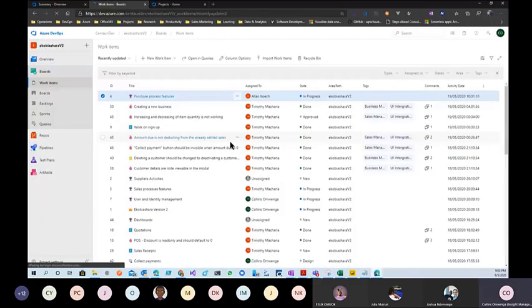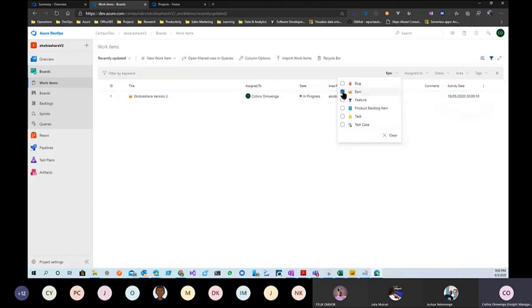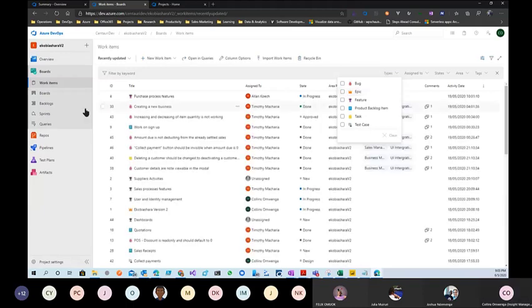Okay, so where was it? Column options to see the work items type. So for my epics in this project, I only have one epic. So in this scenario, I have Eco Biashara version 2. This is a financial management application. So when I go towards,